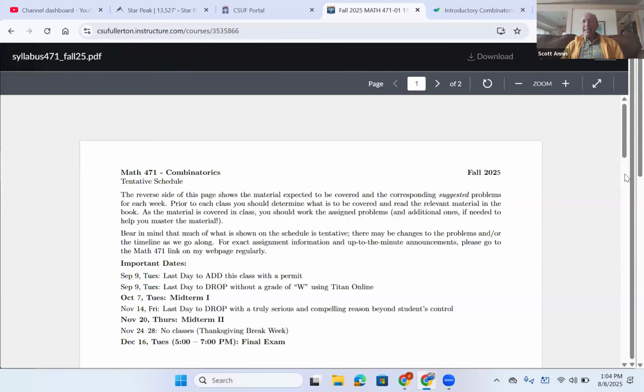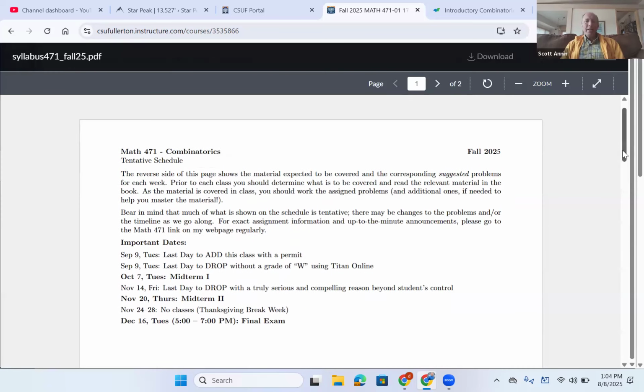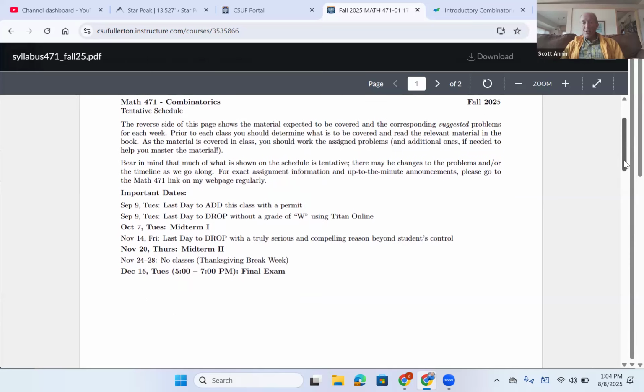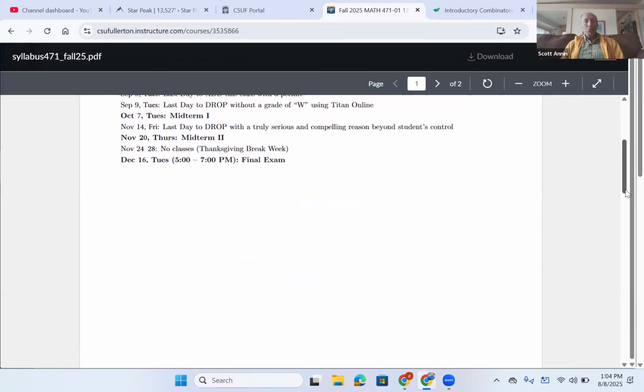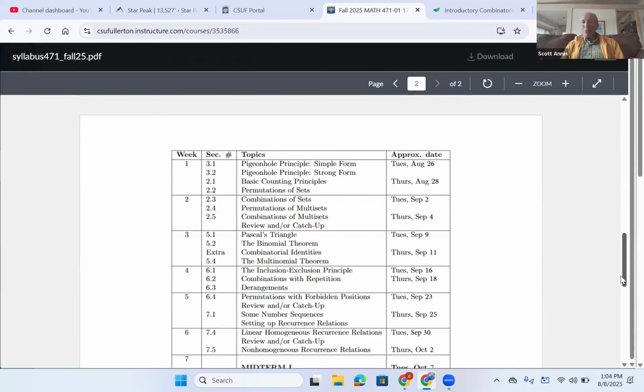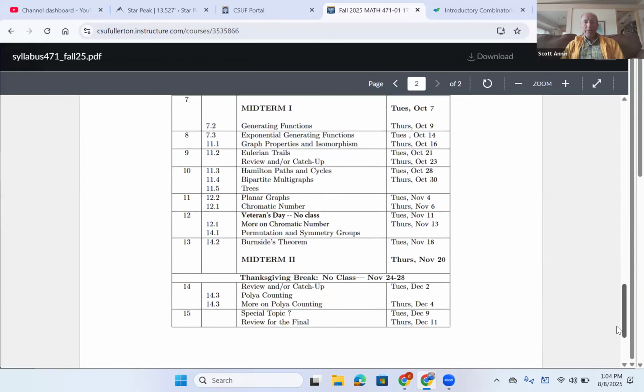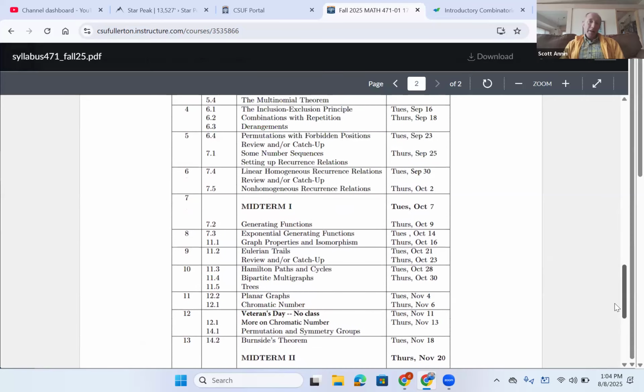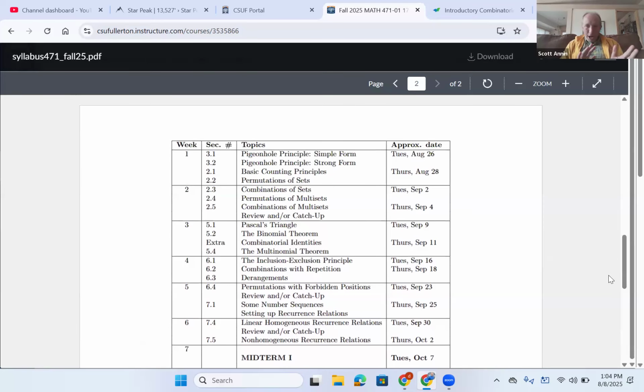So you can kind of see, and this is just a rough timeline, but you can see the important dates listed here, as well as sort of a 15-week schedule of what some of the topics will be. Don't freak out if I'm a little bit off from what it says for what date I'm supposed to be covering what topic. That could happen, but I always manage somehow to get everything done from the syllabus by the